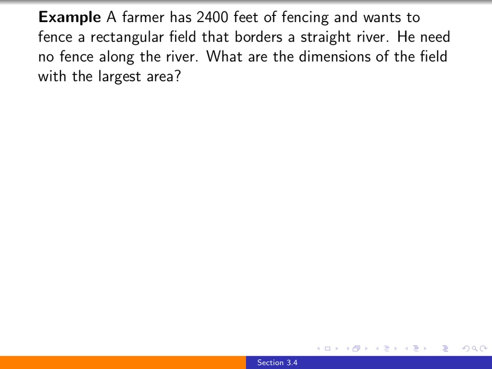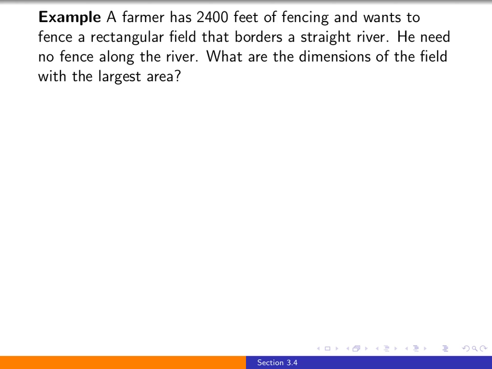In section 3.4, we will cover problems that we would refer to as optimization problems. So the problem is going to somehow present a situation where we want to optimize, i.e. find a maximum or minimum type value. And as a motivating example to help us think of the general procedure we can apply, let's consider the very